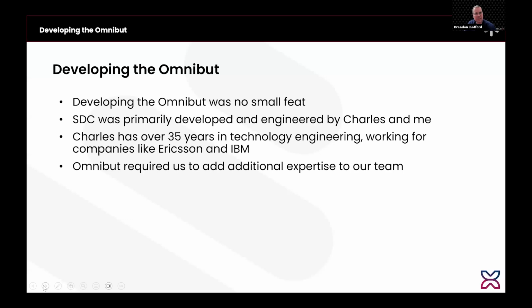Smart denture conversions is actually pretty easy to develop because the classification of the parts with the medical devices is a class 1 instead of a class 2. Implants and abutments are class 2 devices. So it's not a small thing to develop an implant or to develop an abutment and to get it through the FDA process. So this required us to expand our team and bring on 2 additional engineers, a mechanical engineer,